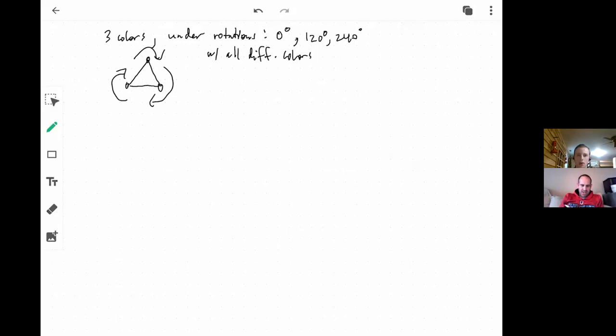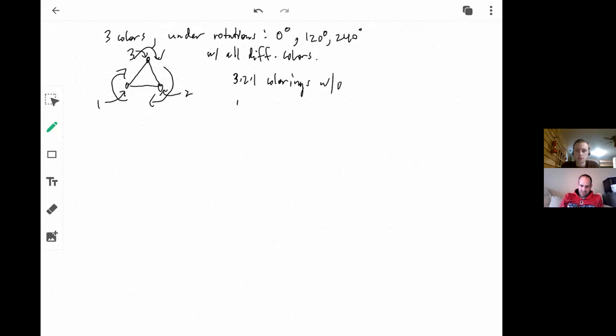How many options would I have for the top vertex? If that's the one you're starting with, you would have three. Okay, so there would be three options here. And then there would be two, and then that one would be determined. So there's 3 times 2 times 1 colorings